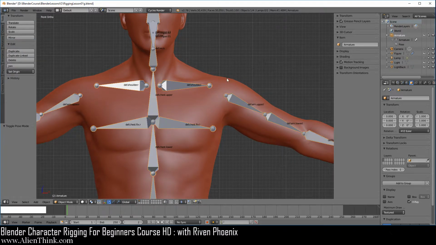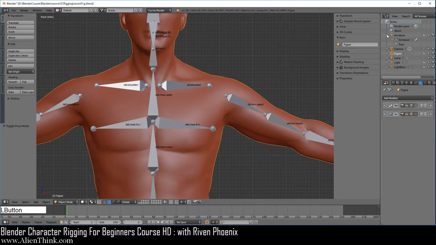Now I'm going to show you a bit of an advanced concept here that has to do with the outliner. This is a bit tricky to understand. You might find this useful. We might actually even use this concept a little later on. So if you click on this figure over here, go ahead and shut this off. Here in the outliner, we get to select the objects. It's obviously going to be in object mode.